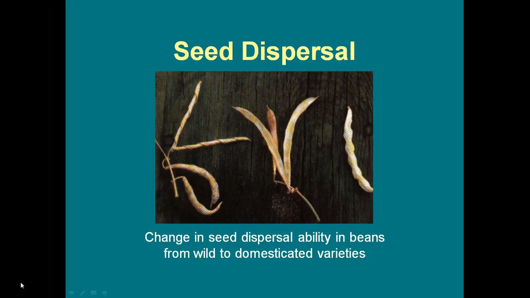In contrast, the domesticated variety on the right, the pod doesn't split and open. It shrinks down and contains all of the beans. It's like a shrink-wrapped package holding the beans together on the plant to be gathered by people, because the last thing people want to do is get down on their hands and knees and sort through the dirt for the beans beneath the bush. It is much handier and easier to grab those that are remaining on, shrink-wrapped for your